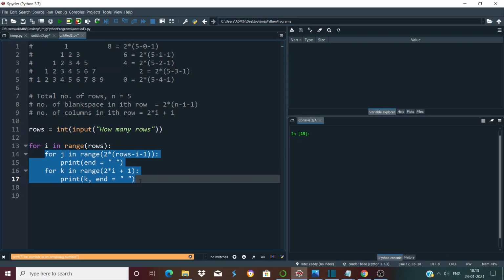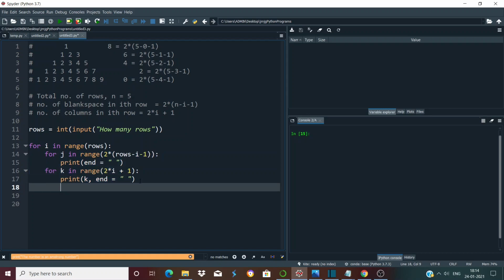But after executing a complete row, to move to the next row, we have to print a new line, right? To move from one row to another row, we have to print a new line. So for that, we have to use a print function here as well.